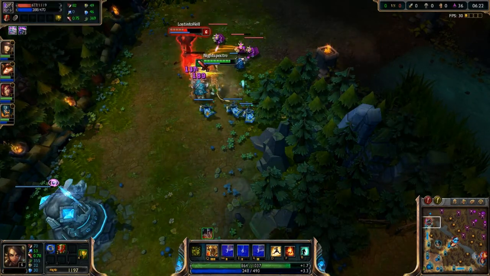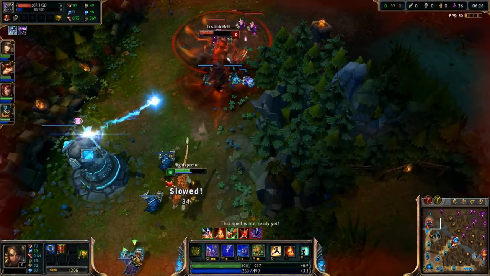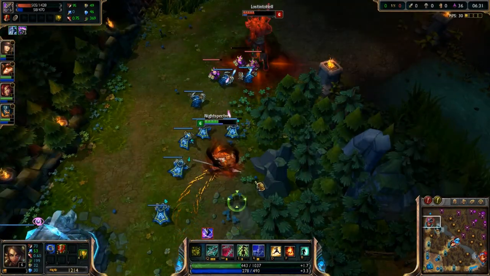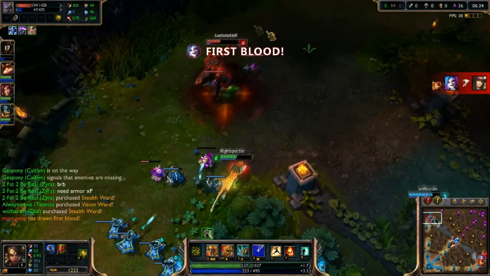So in that case he can't surprise me. He even ignited me here, so just walk away. As a Nidalee, you don't need to fight. You are a weak champion. You're very glass cannon, much so. So his ult is now down, so I can just go for the takedown, ignite him, and then run away